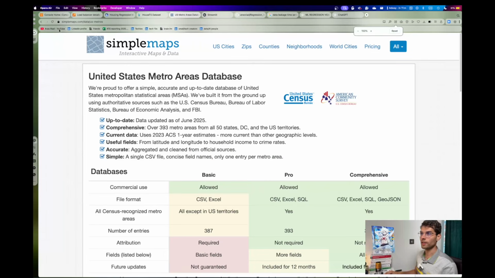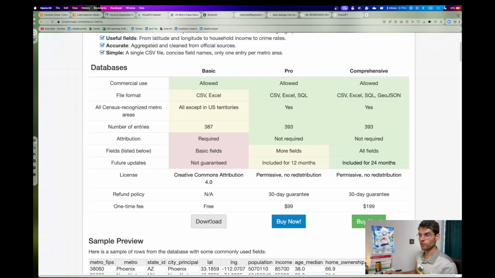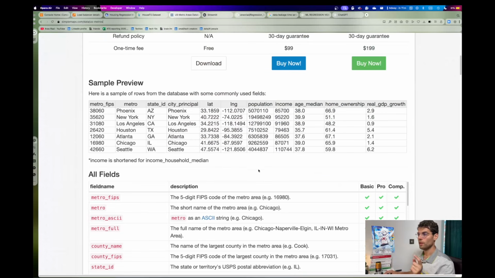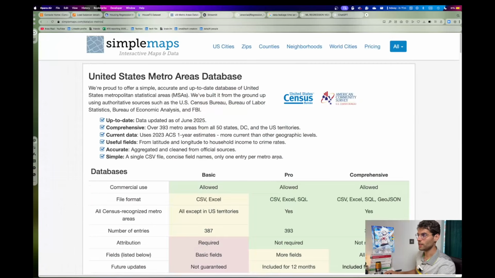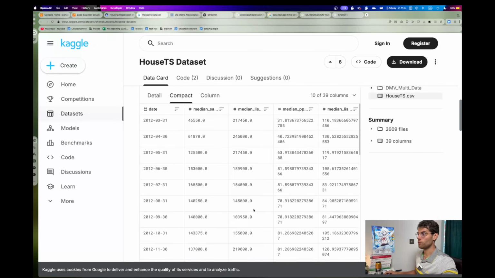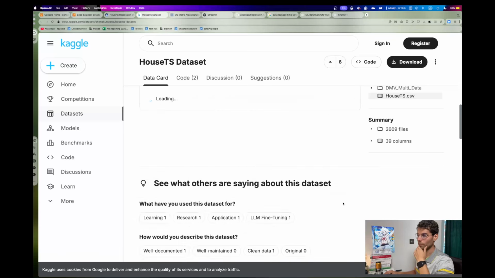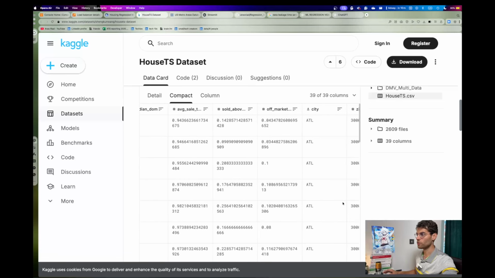There is also this US Metro data. I'm going to share the link with you as well, it's on simplemaps.com/data/US-metros. You can just click here, the free download, and you're going to download a very small CSV file, which is just like 45 kilobytes. So it's very minimal. But this one is useful because in our data set we have a column that has the regions, and the naming of the regions is quite a long string of characters,